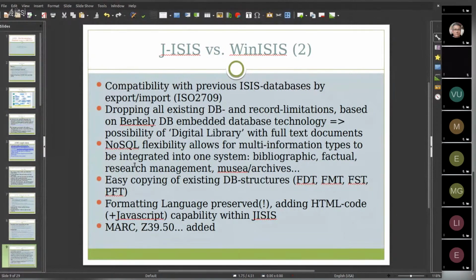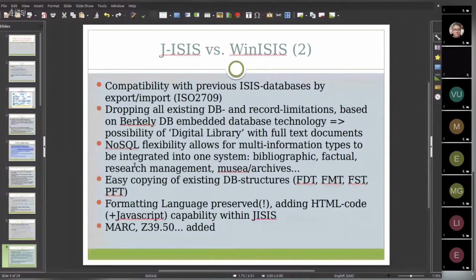But instead, we focus on flexibility to allow for inclusion of very different and differently structured records into one or different databases, which means in one single database you can put any type of information, but if you prefer, and that is what we mostly do,